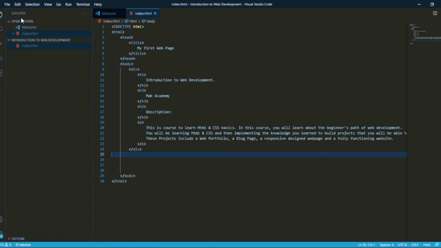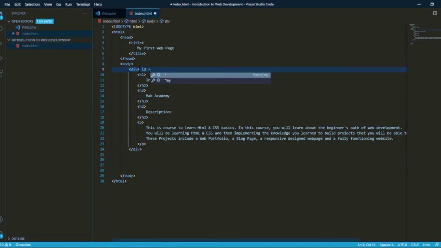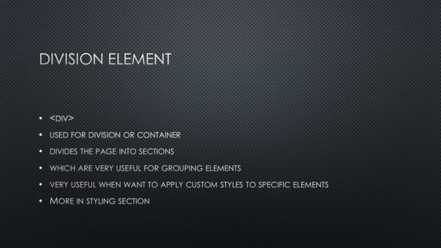So in here I will write ID is equal to inverted commas and ID will be intro. So our division element has been added an attribute. So if I just save it for now and move on to the next section,